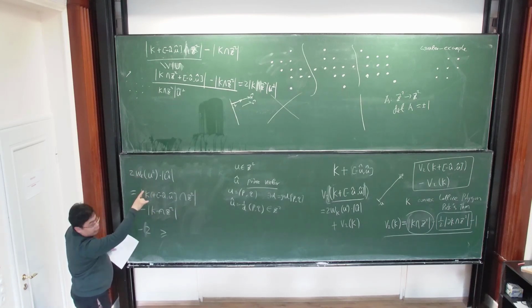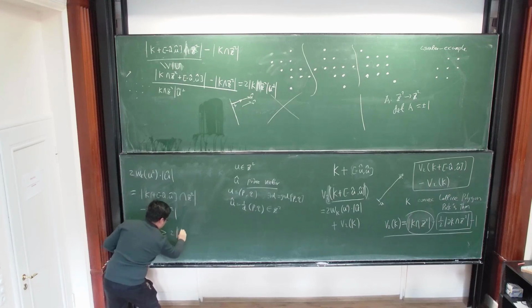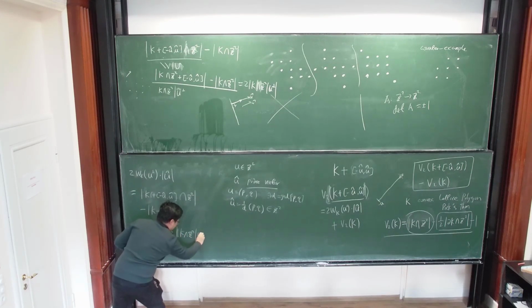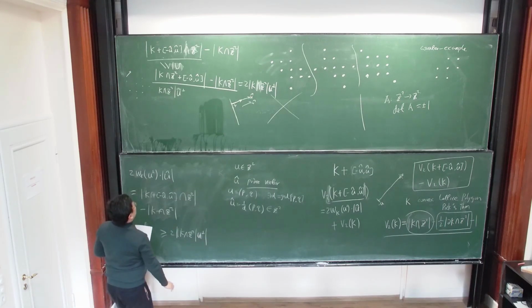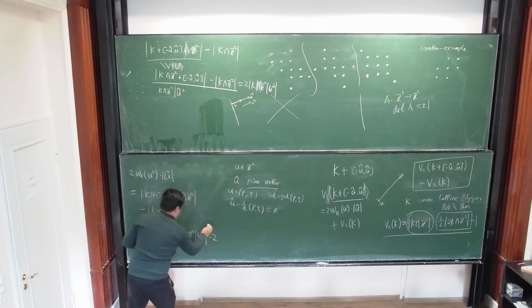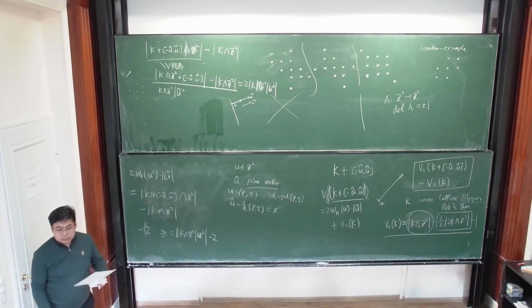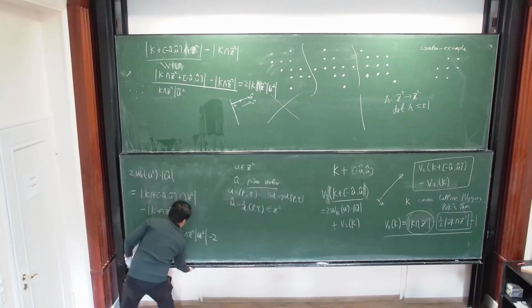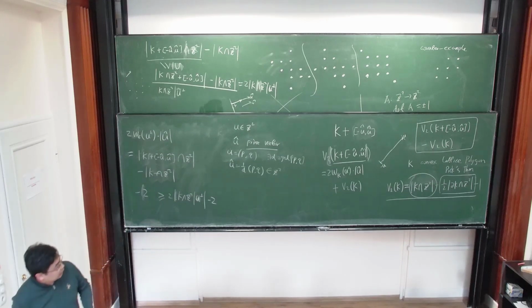The lower one, if you subtract, is 2 times the projections. And minus 2. And finally,